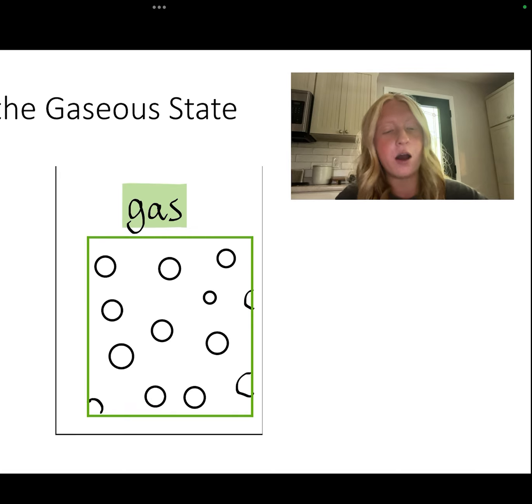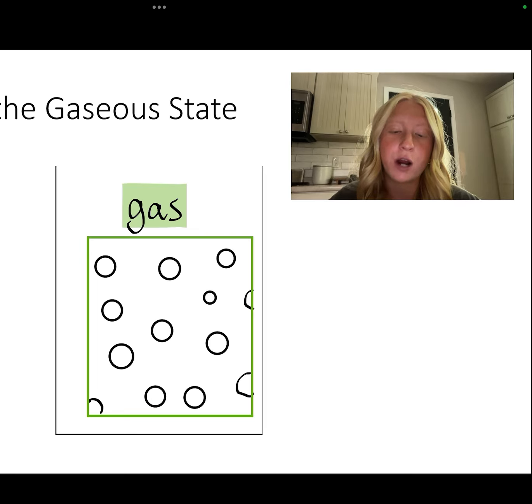Now I'm going to talk about chemistry of the gaseous state. And as I previously stated, we are talking about the purest form of water. So for distilled water, the known point for water to become a gas is at 100 degrees Celsius. When the heat of water is raised, the kinetic energy increases and causes the hydrogen bonds to break completely. This allows the water molecules to escape into the air as gas and is commonly seen as steam or water